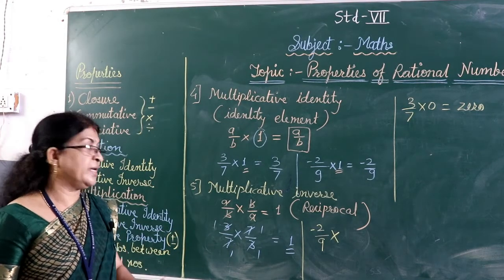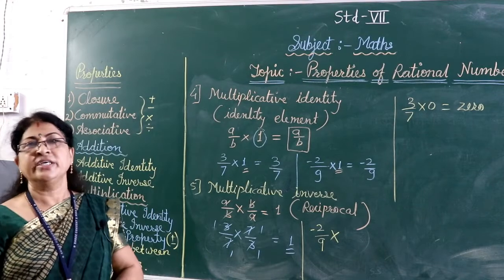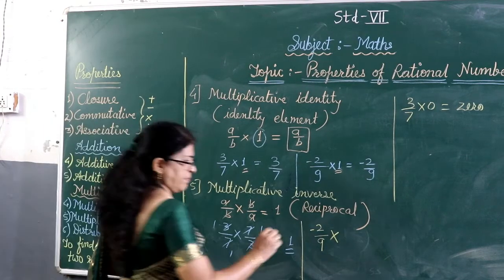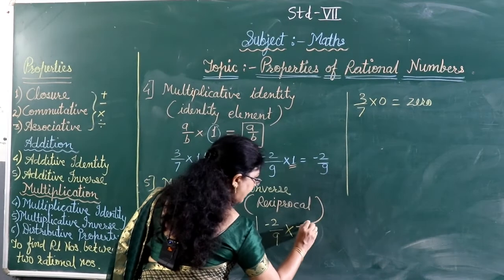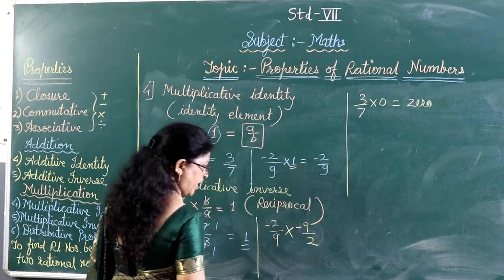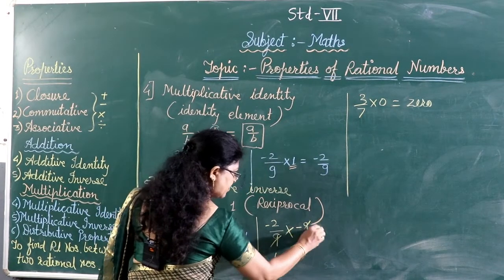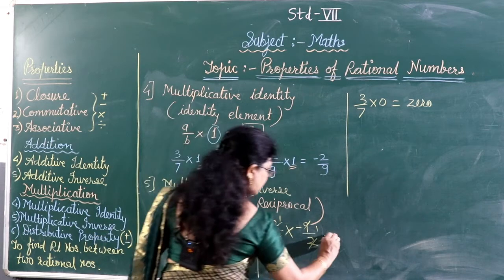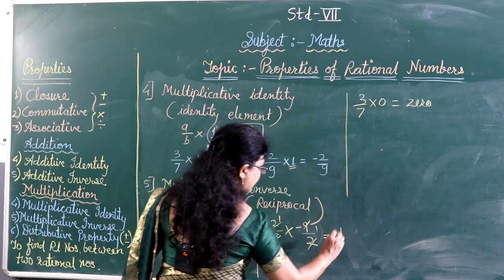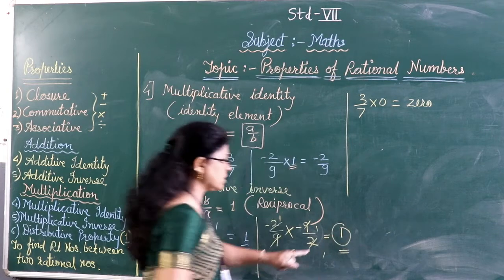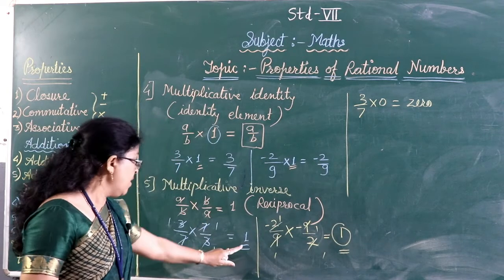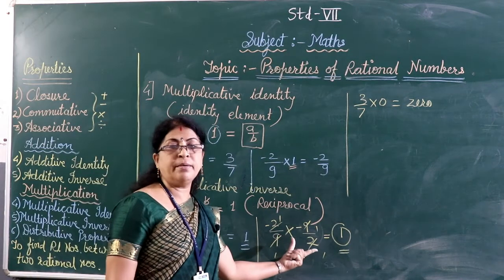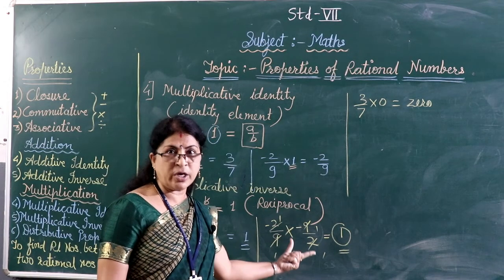But in multiplicative inverse, we only exchange the numerator and denominator, not the sign. The sign remains the same. Multiplied by 9 upon 2, the 9s get cancelled, 1s are 1s, 2 1s are 2. And minus 1 multiplied by minus 1 will become plus 1, so 1 1s are 1. Now your answer is 1, positive. We always want one positive integer, right? Then only we say that these two are multiplicative inverses or reciprocals of each other.